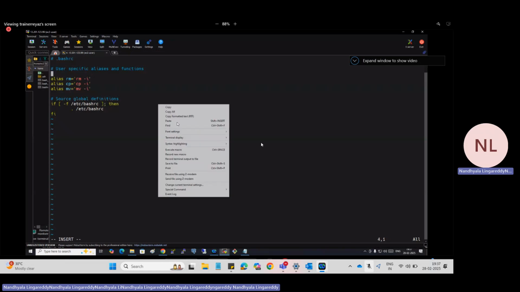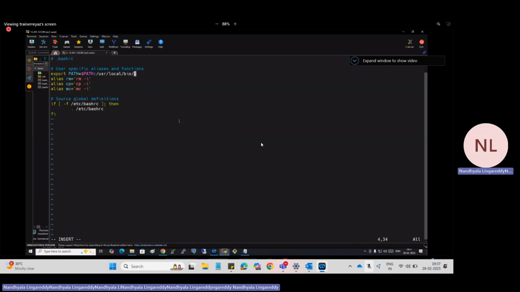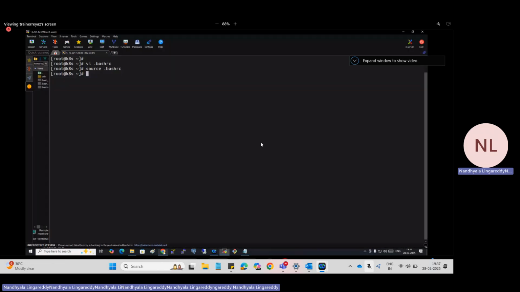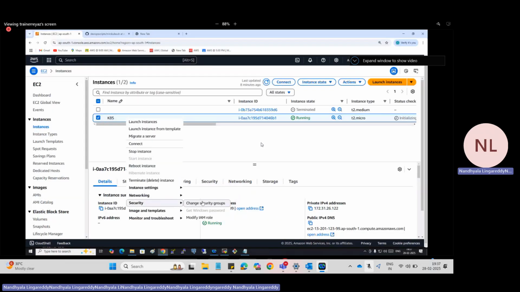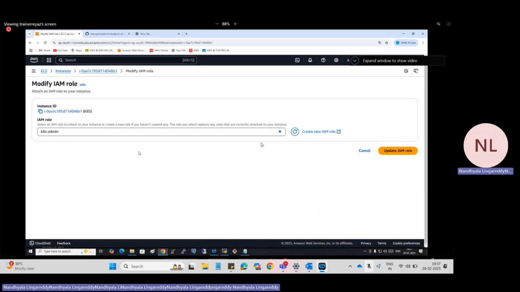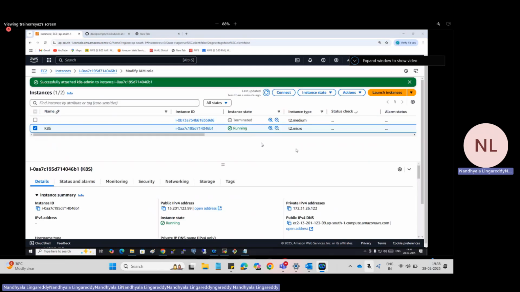I'll do it quickly because we have already learned this. Otherwise it will not work, because it will create so many components like VPCs and all.